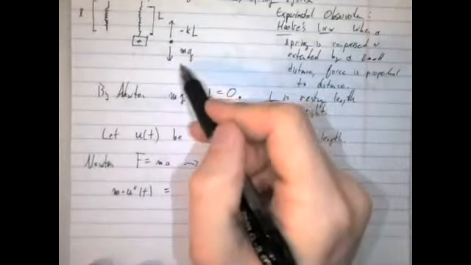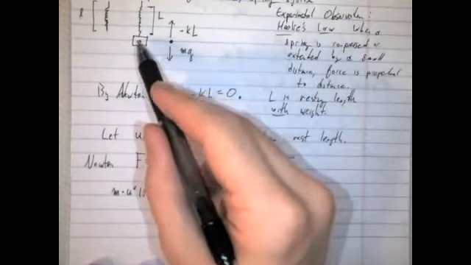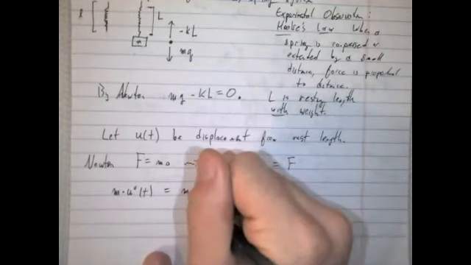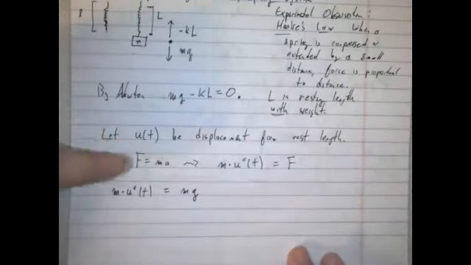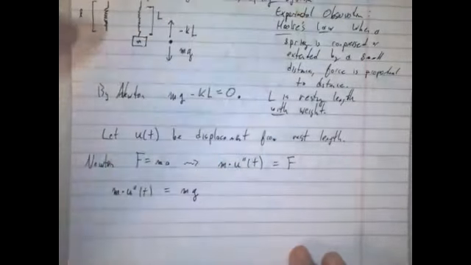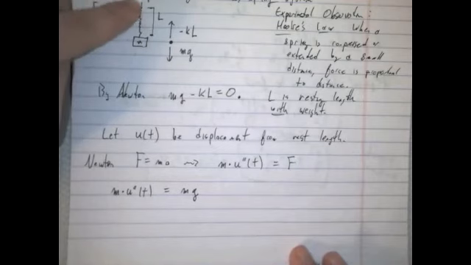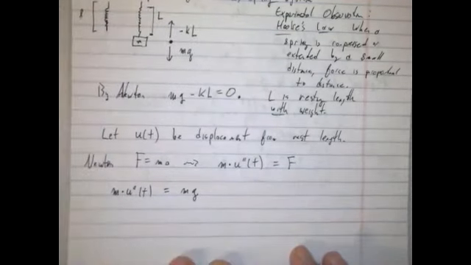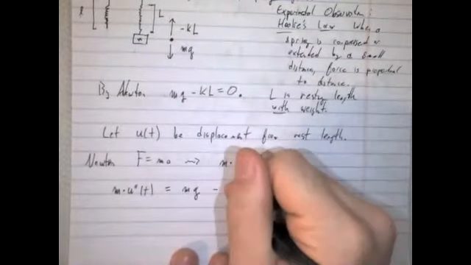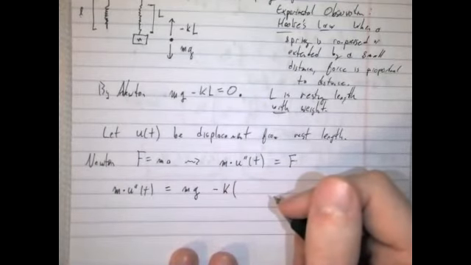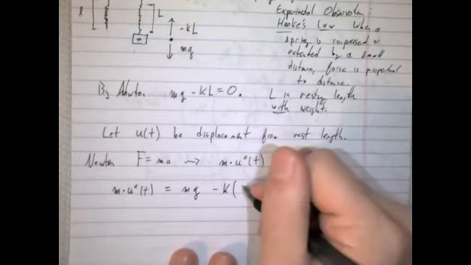Well, first of all, there's the force of gravity acting down on the mass. No matter what, I'm always going to have the force of gravity pulling the mass down. So I'm going to have mg. That's pulling it down. The next thing is I'm going to have some force from the spring that's pulling back. So I'm going to subtract. mg is pointing down, now I'm adding some spring force. We know it's proportional to k. And it's also proportional to the length of the spring at any given point in time, which I'm going to write as L